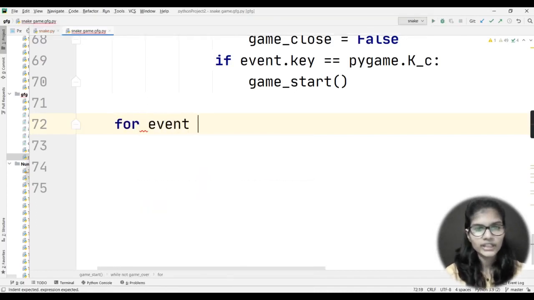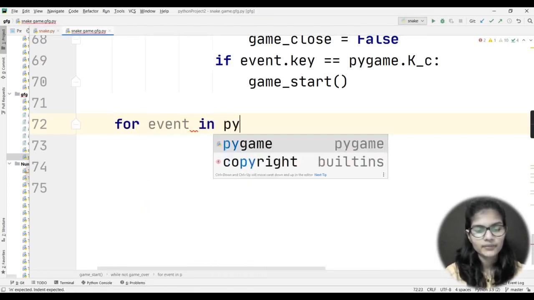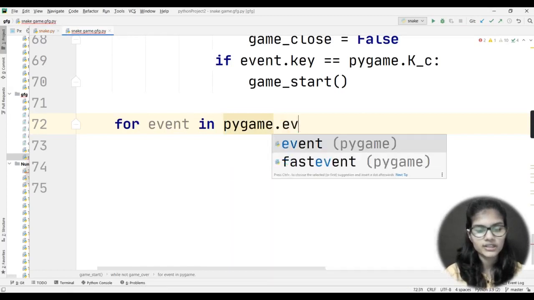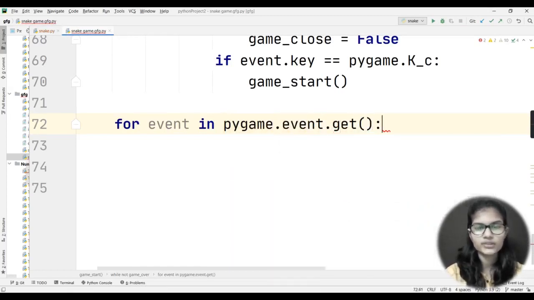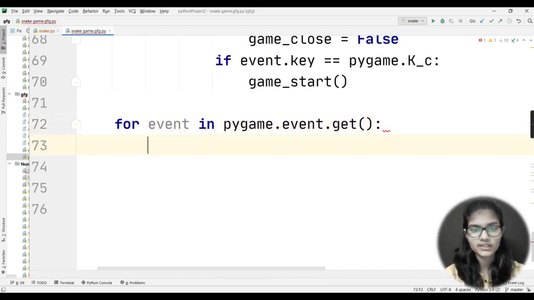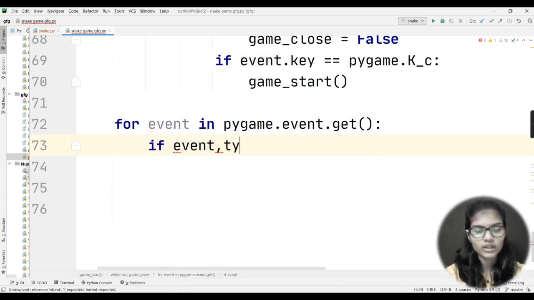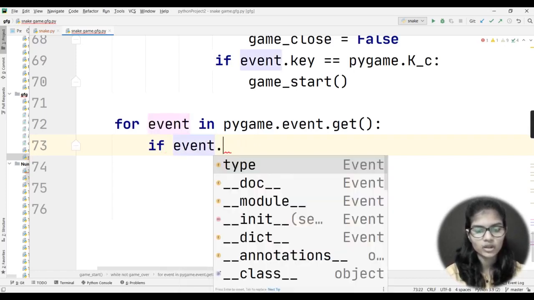So for event in pygame.event.get, this is basically for using the keys of your keyboard. These lines that I'm writing are actually used for using the keys of your keyboard. If event in pygame.event.get, so if event.type